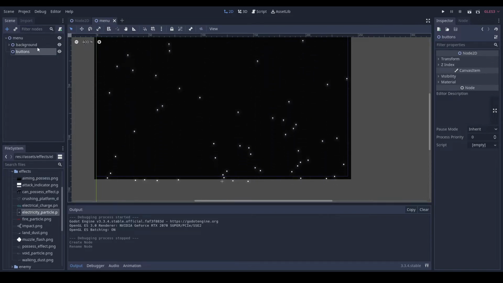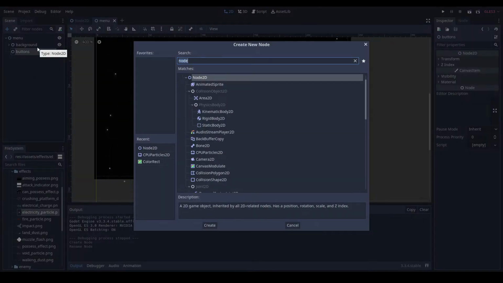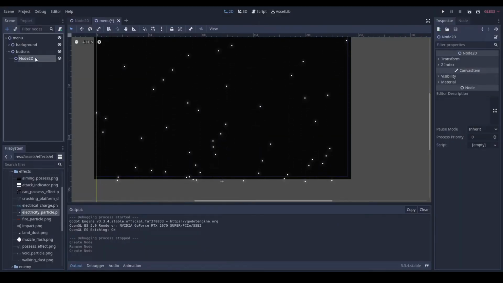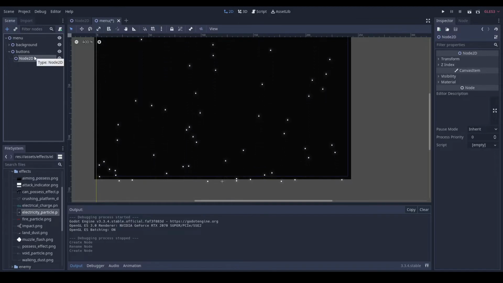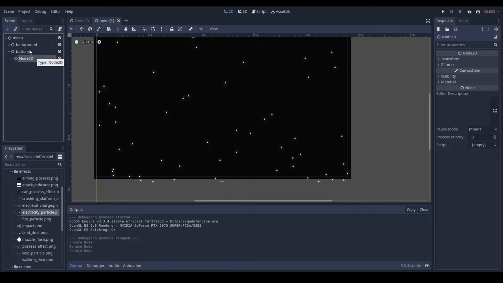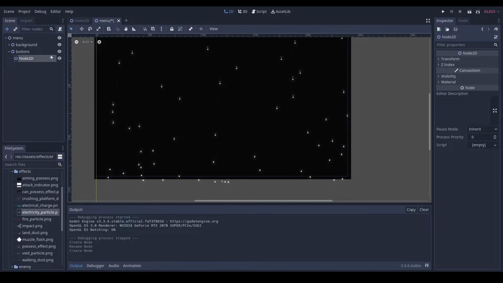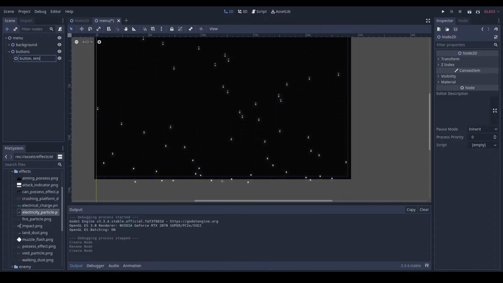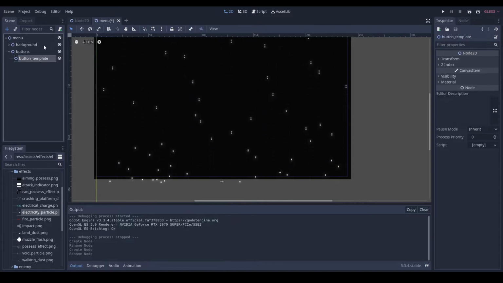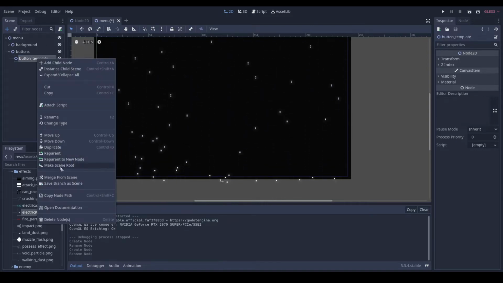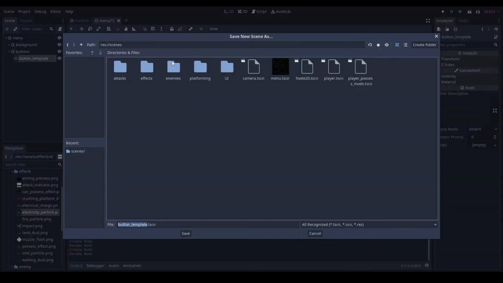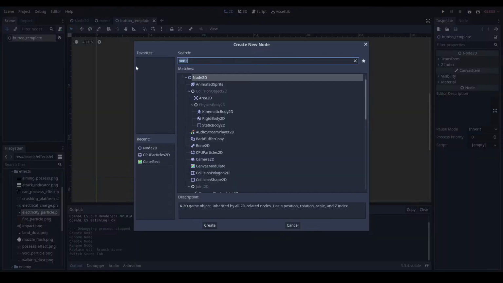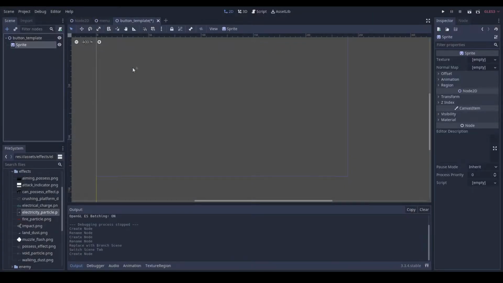So we're going to make a node 2D, and then we're just going to call this our button template, and we right click on it and do save branch as scene, go into scenes UI, and then we can open this and we'll add in a sprite,